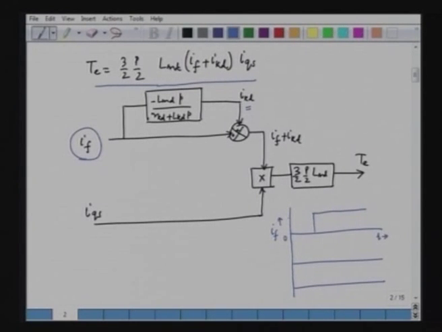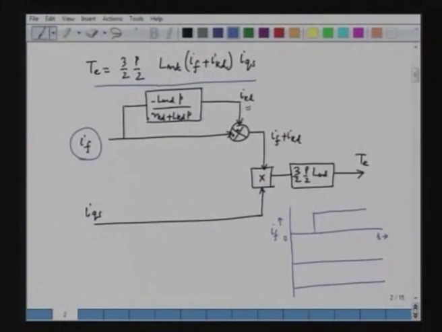So, due to the change of the field current, damper current will spring up, and the damper current will be in such a direction so as to keep the flux constant for the time being. Damper current in fact will be negative of p If, where p is the derivative operator. So, if we increase the field current, damper current will be negative. If we decrease the field current, damper current will be positive. So, here we are increasing the field current, and hence the damper current here